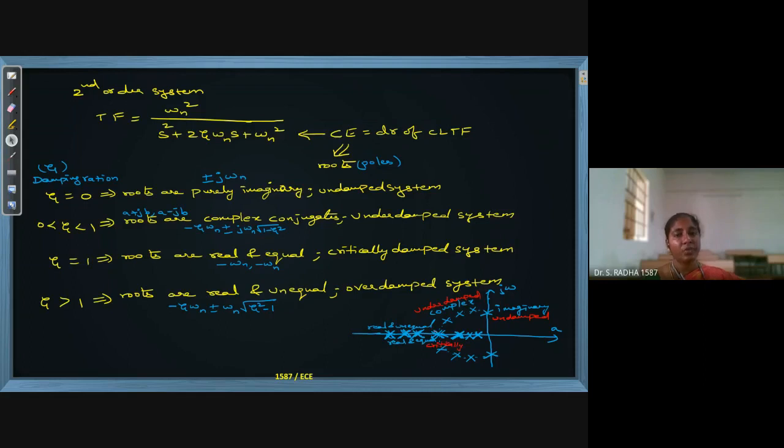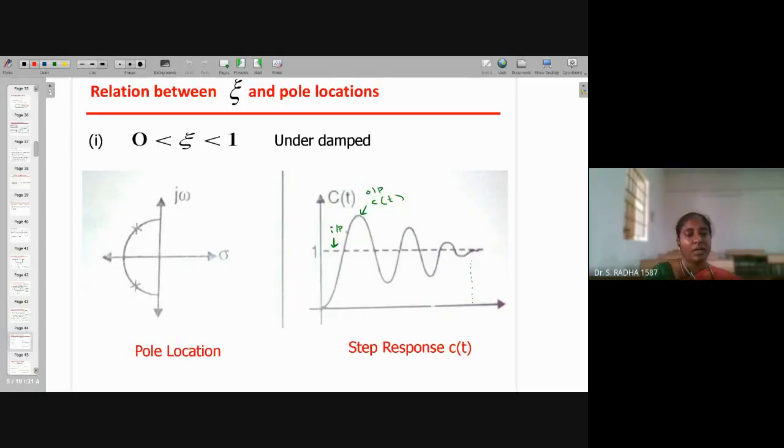Okay, so here we are having repeated roots. These two roots, repeated roots, that is called critically damped system, real and equal. Okay, on the same location, two roots are present. If they are moving on x-axis, real and unequal means it is called overdamped. Okay, and this is an interesting topic also. Once you start talking, you can keep on talking for 15 minutes in this particular thing. Okay, once you understand, you will remember.